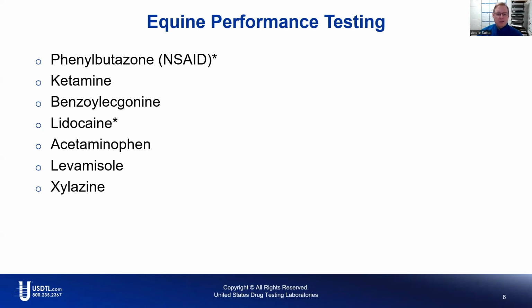First off, I want to talk about levamisole and why I think levamisole is interesting at any rate. So back in the 2000s, when I was here at the equine laboratory, there was a batch of cocaine that had come through that had levamisole as a cutting agent in it. Levamisole is a cattle dewormer. It's used in any of our large animals, cattle, horses, but it's used to deworm them.